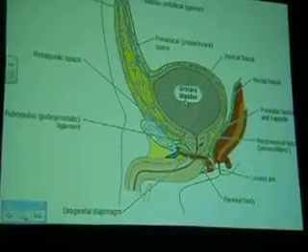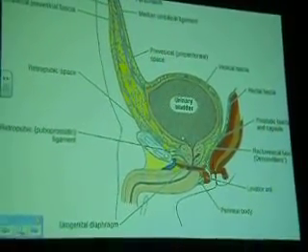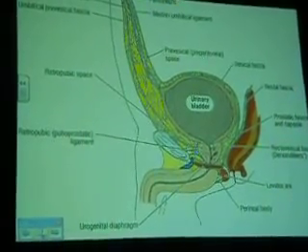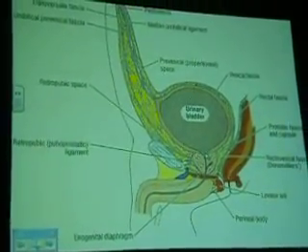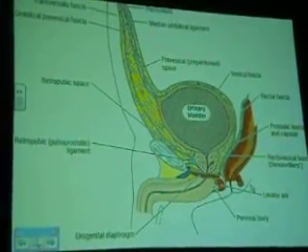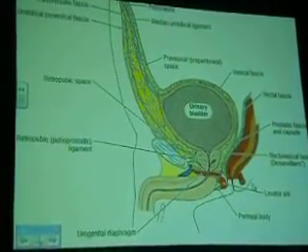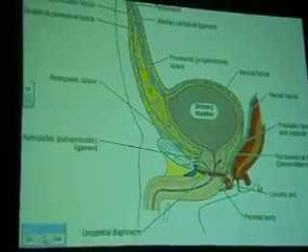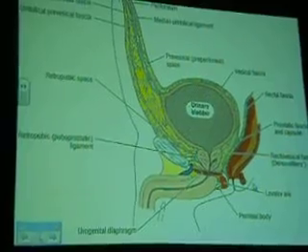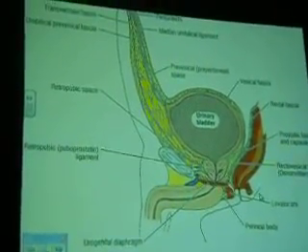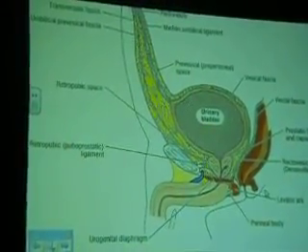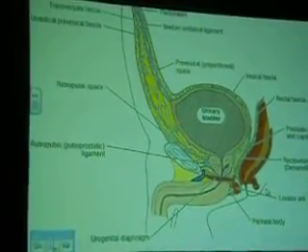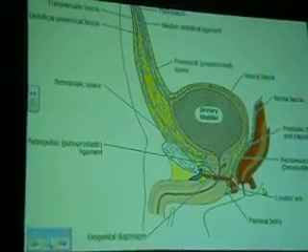By the age of 6 months, the urinary bladder in the child will have descended into the false pelvis. And by puberty, it will have descended into its true adult position, into the true pelvis. Okay, so we make use of this feature for collecting fresh samples of urine from children. It looks wicked to go and puncture the belly of the child, but we need a clean sample for examination.